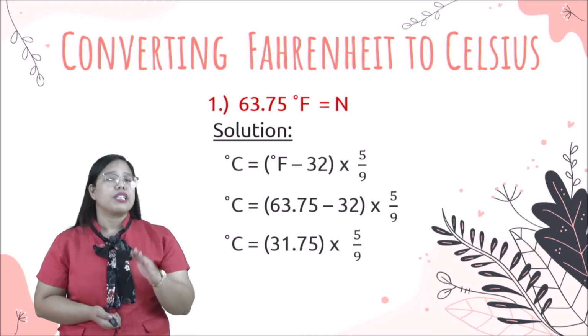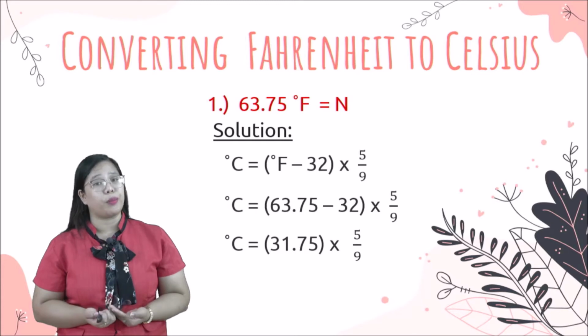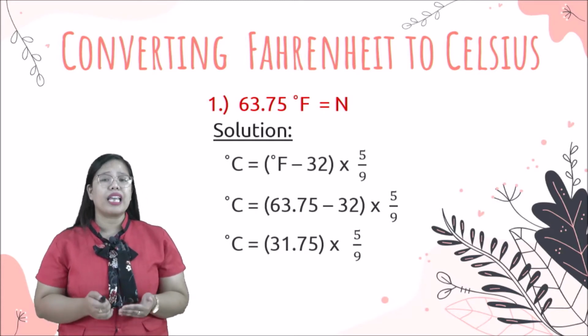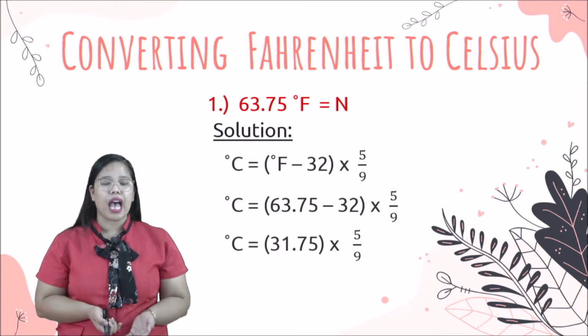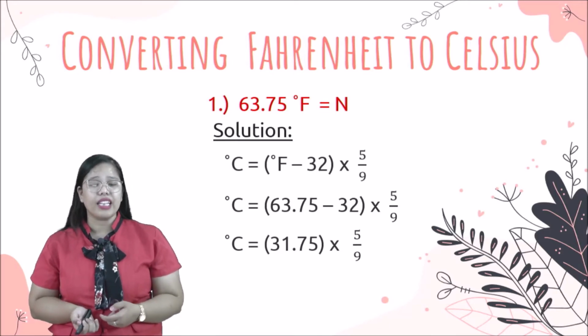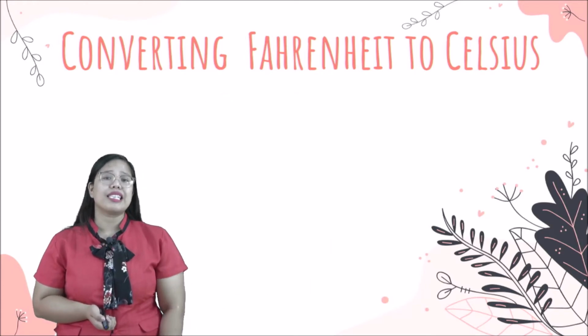So, 63.75 minus 32 will become 31.75. And this is the time that we will multiply it by 5. So, 31.75 times 5 is 158.75. And we will divide it by 9. So, the answer will become 17.64. So, next example, we have